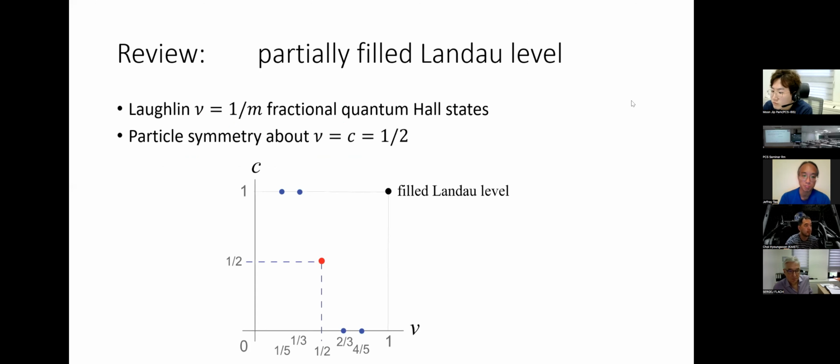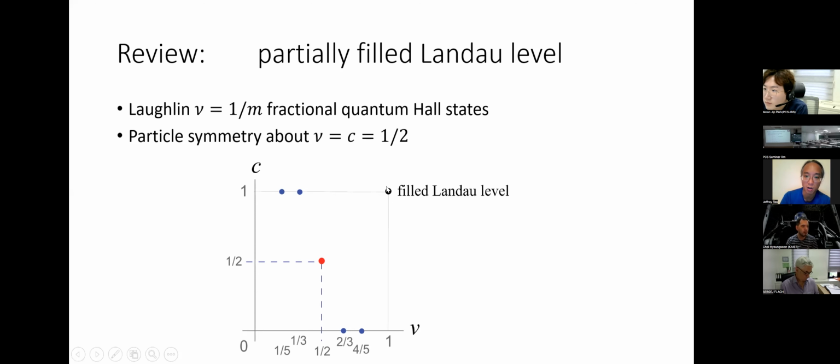In this case, there are actually many states that partially fill the lowest Landau level. And here I'm only going to focus on the Laughlin 1/m states. Obviously there will also be hierarchy states. They are all possible, but I'm going to ignore them in this talk. In particular, in this picture I'm only focusing on the 1/3 and 1/5 Laughlin states. I'm looking at two axes: the horizontal axis is the filling number, and the vertical axis is the central charge. The filling number is associated to the electric Hall conductance, and the central charge is associated to the thermal Hall conductance.